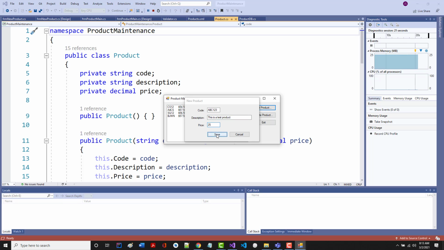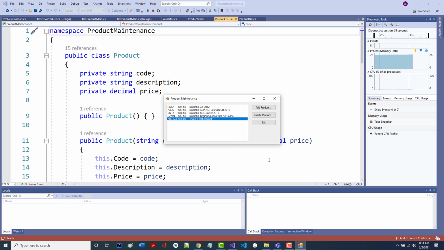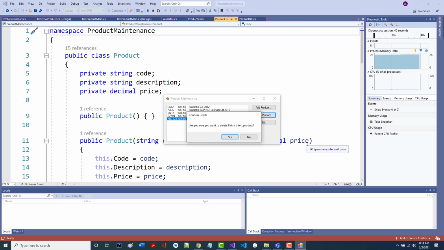You click save, and there it is. Nothing fantastic there, but notice if I click delete, again, no error, nothing. But if I click on the one that I just put in here and click delete, now it says, are you sure you want to delete this test product? So it gives you the message and it also gives you the description. And as always, you can click no and it stays there, but if you click yes, it's gone.